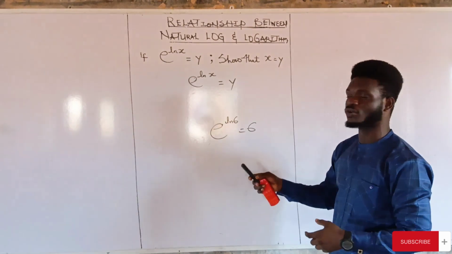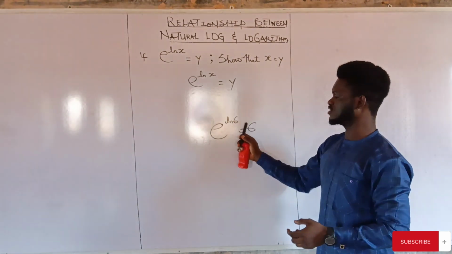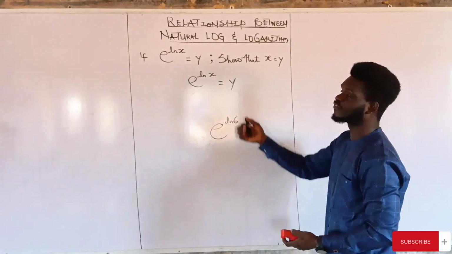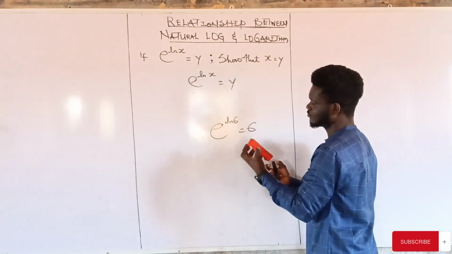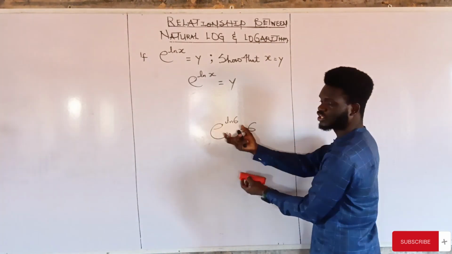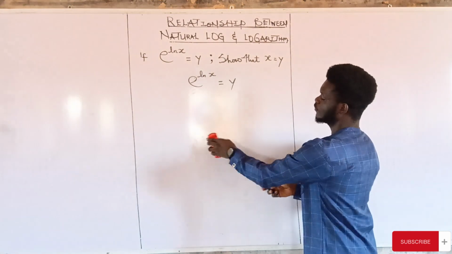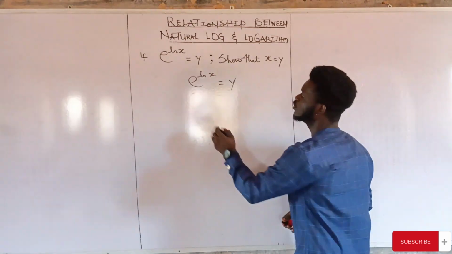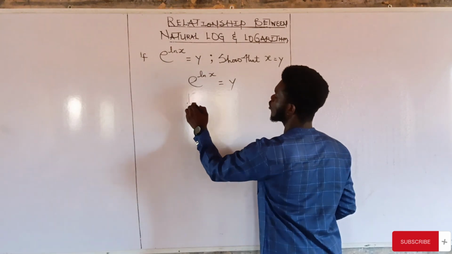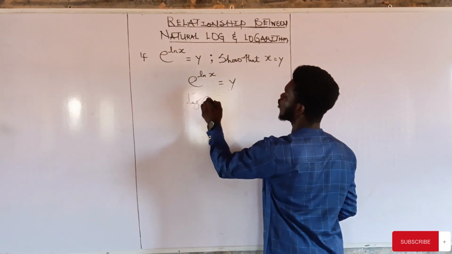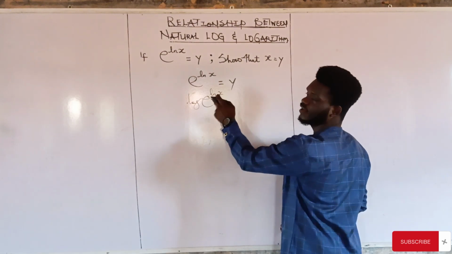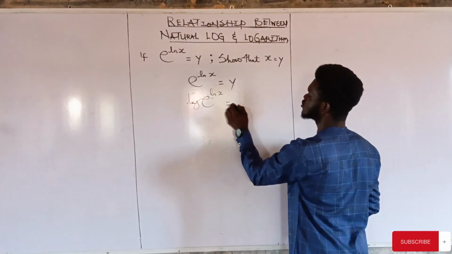When you punch this in your calculator, this is what you get: e raised to ln 6 will be 6. But we want to check how true it is, because this information is very important for solving some very strong logarithm questions. So what do we do now? First of all, just take log of both sides. When we take log of both sides, we have log of e raised to the power of ln x, which is ln of x, equals